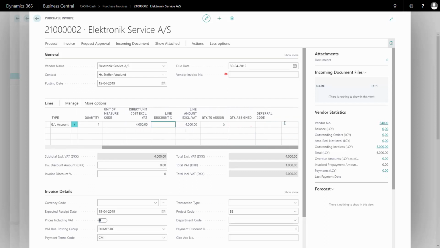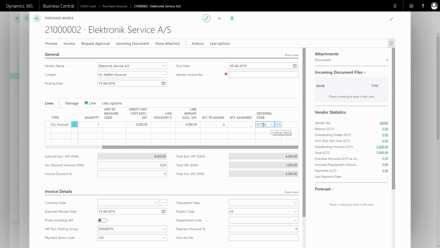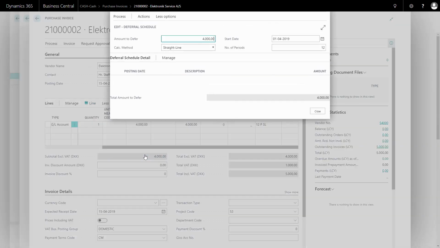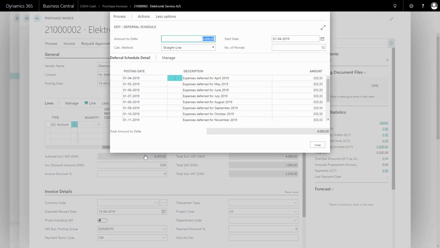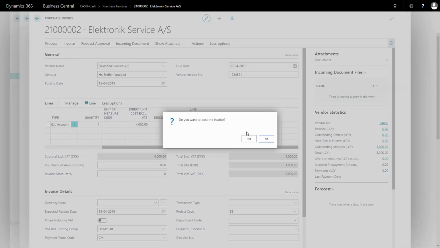And if I scroll right and I have added my deferral code to the page here, I can see the same deferral codes in here. And after selecting the deferral code, it's possible for me to go into my line, related information, and deferral schedule. And in here I can see the same as coming from the GL journal, how the deferral schedule looks, and it's possible again to manipulate it in here before actually posting. I need though to have some vendor invoice number if it should be possible to post this one. I'll just post the invoice and then make a last quick example on the sales invoice